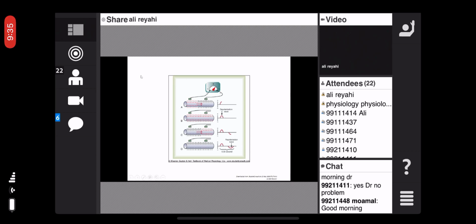Today we want to discuss the ECG and the different waves in ECG. Please pay attention to this slide. At A, you can see a part of myocardial cells, a thickness of the wall of the heart, a piece of muscle, and excitable tissue. And you see that in the left part,